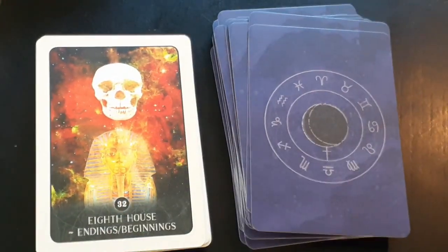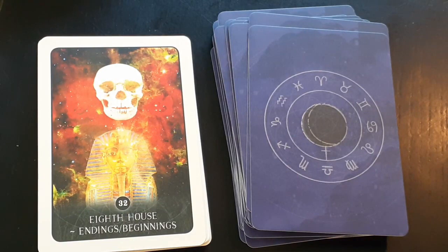Eighth house, endings and beginnings. Transformation, the afterlife, the beginning or the end, being born again, witchcraft, candle burning rituals, spells, curses, and jinxes, psychic gifts, premonitions, the dark side, power and control, people driven by power, sabotage, issues of trust, who to trust or what to trust, keeping secrets, graves and cemeteries, sewers, nighttime, ancient Egypt, the Celts, seeing rivals or competition where there